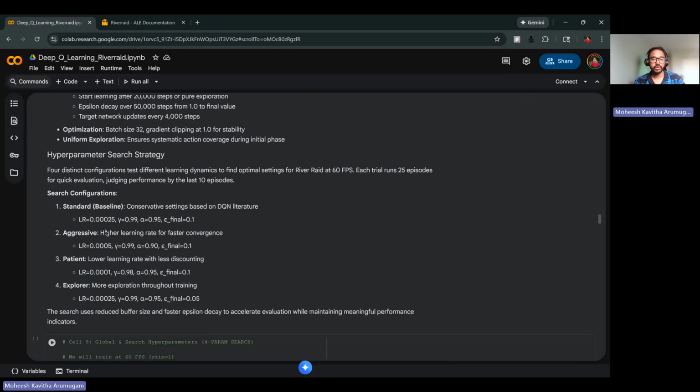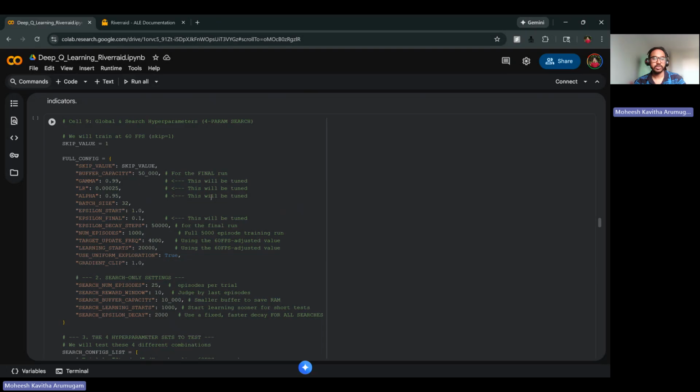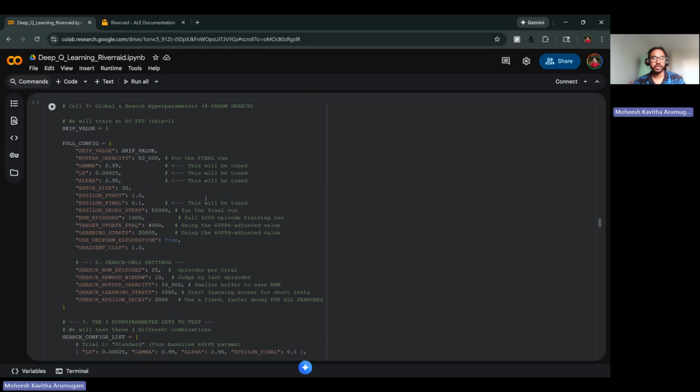So right now I'm using four different kinds of hyperparameters. One is the standard, aggressive, patient, and explorer. Here you can see I'm tuning these four parameters, which are learning rate, gamma, alpha, and epsilon final. So after giving these ones, these are the full configuration of our